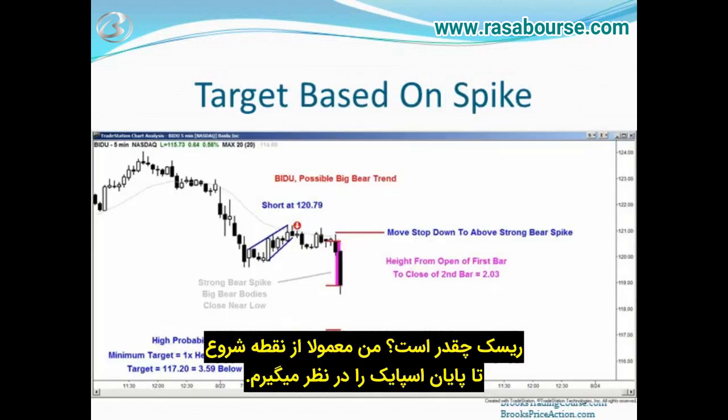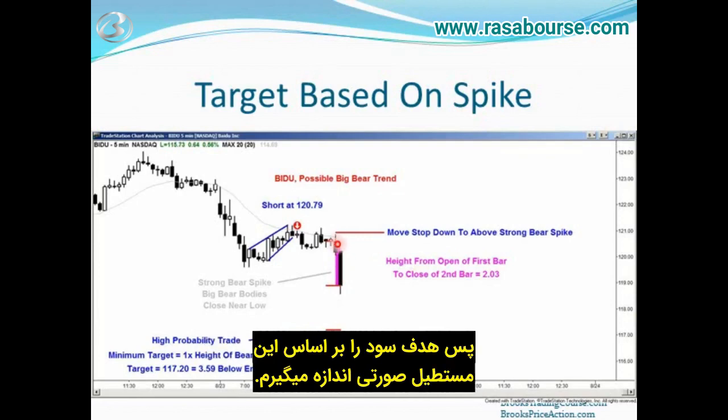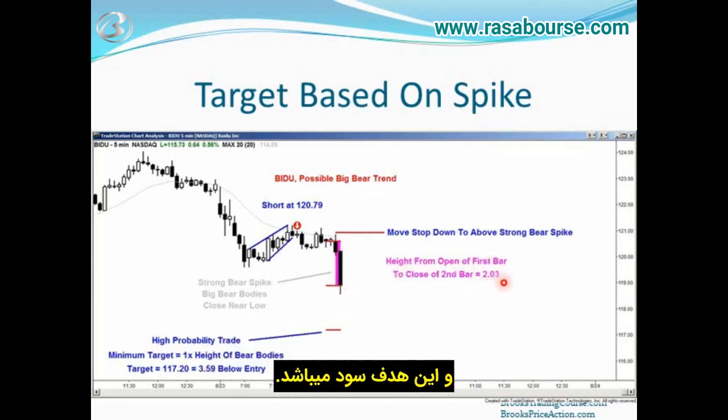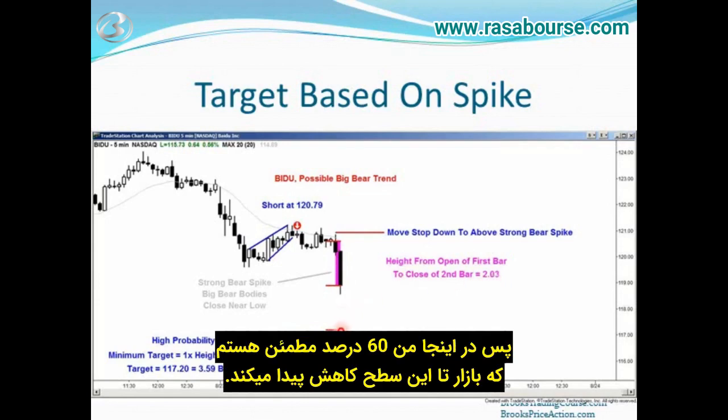So what is your risk? I usually use the open of the spike to the close of the spike. So at the moment, this pink bar is what I would use for the measured move target. So the open of the first bar to the close of the second bar, it's $2.03, and this would be my target. So at this point, I would be pretty confident, 60% confident, that the market's going to fall to